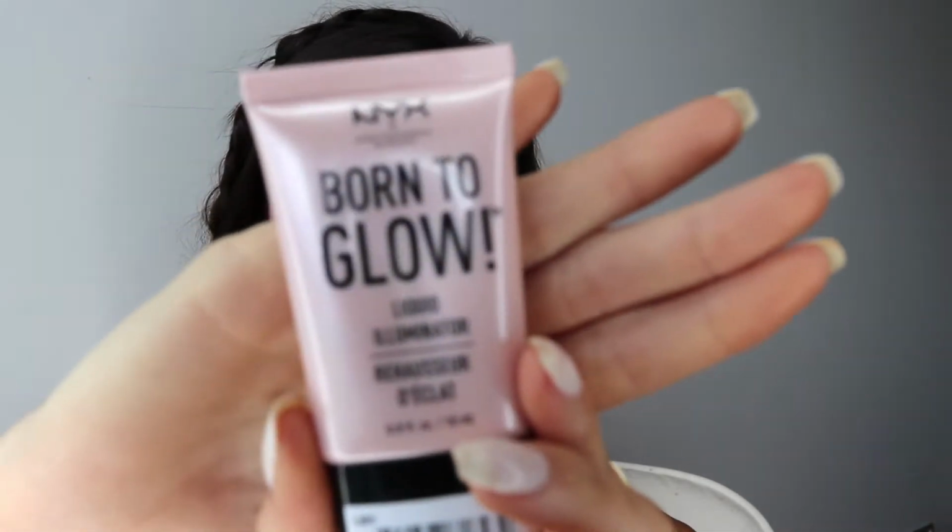Next is highlight, and this is really important. You definitely want like a really glowy, pretty highlight for this look. So I'm going to use two types of highlight. One is going to be liquid and one's going to be powder. The first one I'm going to use is NYX Born to Glow Liquid Illuminator, which looks like this. I'm going to take just a tiny amount on my finger like that